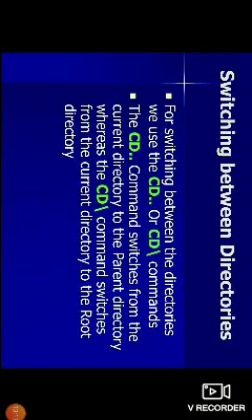Next, switching between directories. For switching between directories, we use the cd dot dot or cd slash command. The cd dot dot command switches from the current directory to the parent directory, whereas the cd slash command switches from the current directory to the root directory.